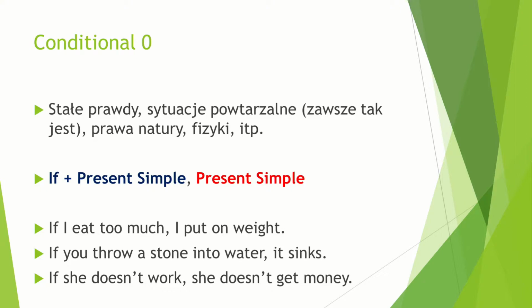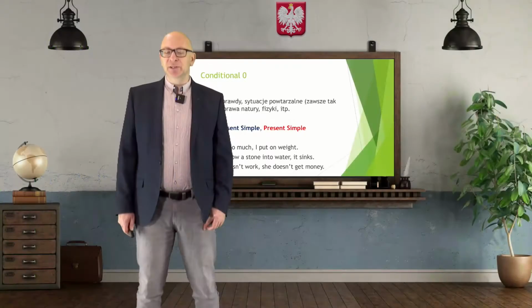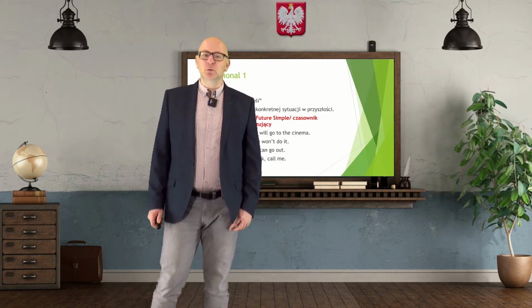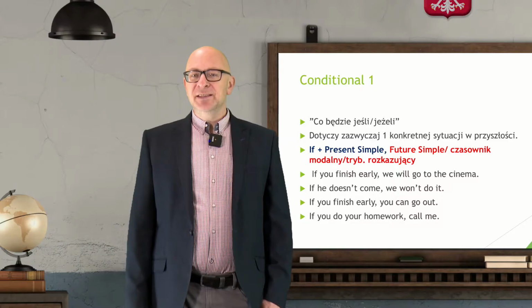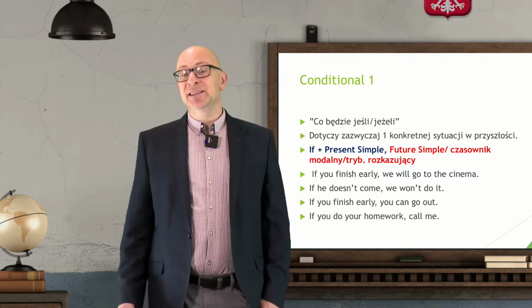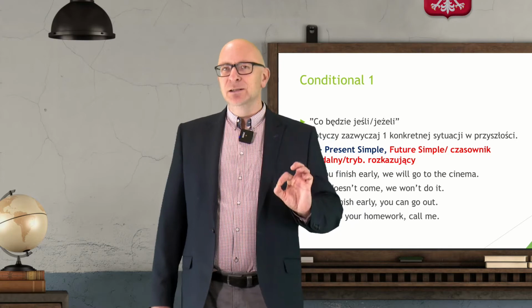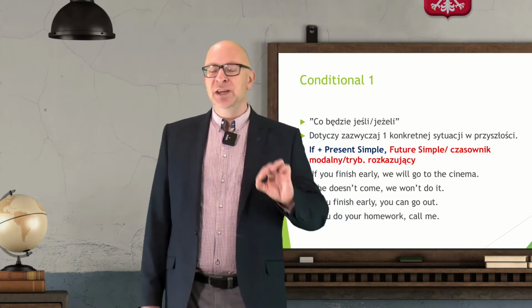So as you can see, these are constant situations that always happen in this way, and we use only the present simple tense in both parts of this conditional. Okay? All right, so because conditional zero is not very complicated, I suggest we move on to the next conditional, conditional one. And this type of conditional sentence generally refers to one single particular situation in the